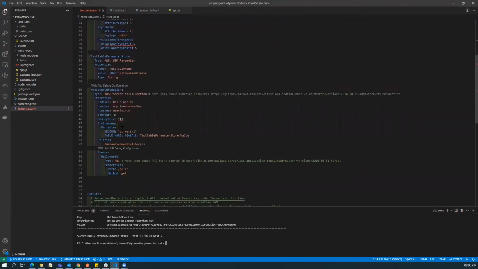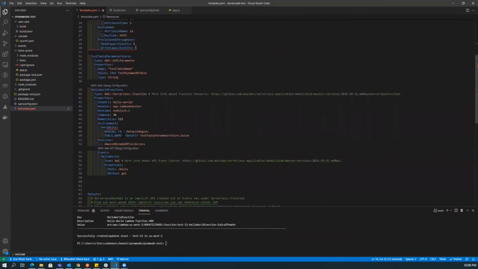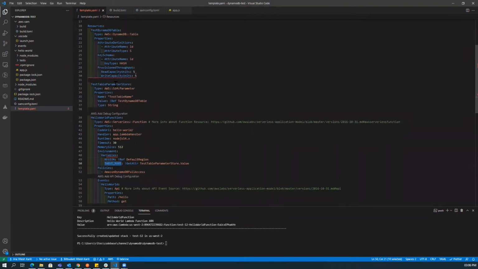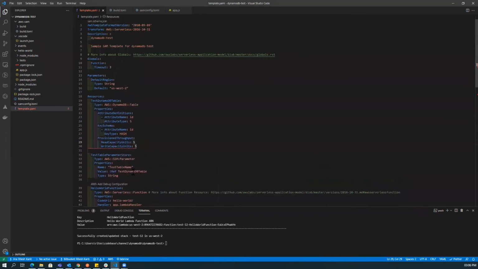Now we can use that variable right here, and to use it you have to use the ref operator. So that's it. We have moved this hard-coded value here with a default region as US West 2. Similarly, we have moved the table name to parameter store. So I think that's it. We have configured everything. Also in this parameter, we have given the default value, but during deployment, you can provide whatever value you want. I'll show you. So let's now build and deploy this.